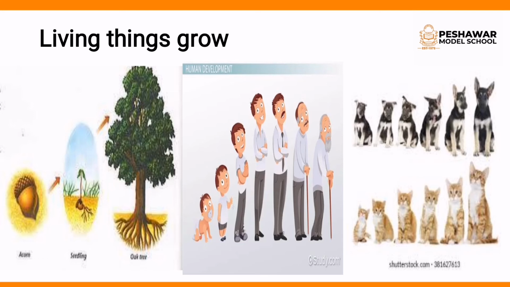And human beings can also grow. Like all of us were first babies. First we are a baby, then with time we slowly grow and we get old. It means human beings also grow. Animals also grow. Animals also have babies, so their babies also grow. First they were small babies, then they slowly grow and become a big animal. Okay?